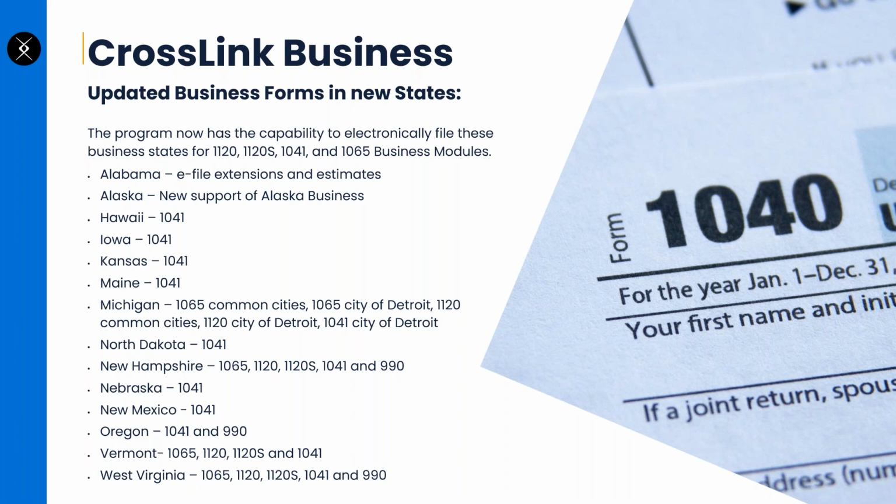So we've been able to e-file in the majority of all the states, but some corporation entities, mainly the 1041, had some limited states. So these are the newly added states for the 1041 specifically, and some updates like Michigan. Now we're able to e-file the Detroit city forms. So we always get the questions, hey, can we e-file these city forms or these state forms? And if you're ever wondering about the complete list